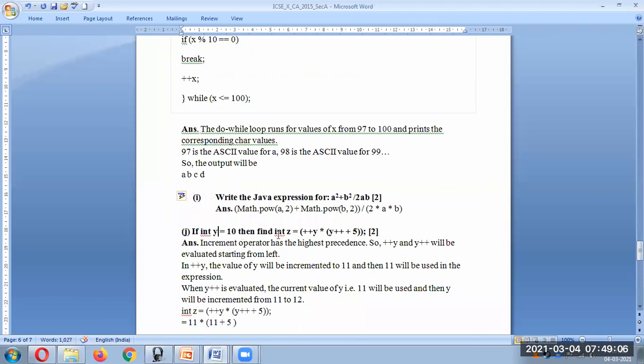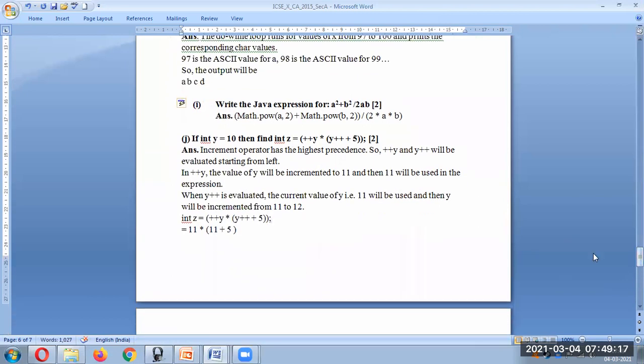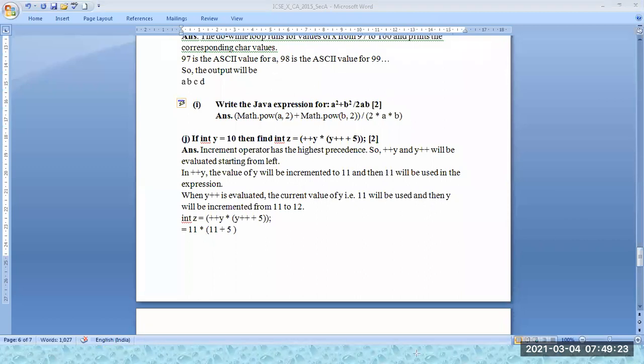If y is equal to 10, then find the value of this. So here, as you can see, first it is plus y. So let us make use of annotation. Here the value of this is z.